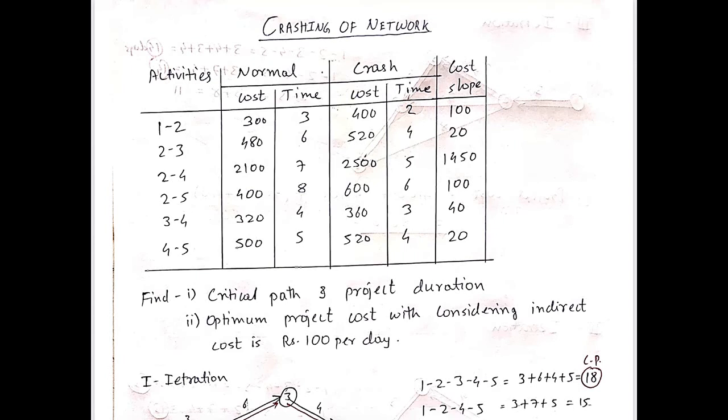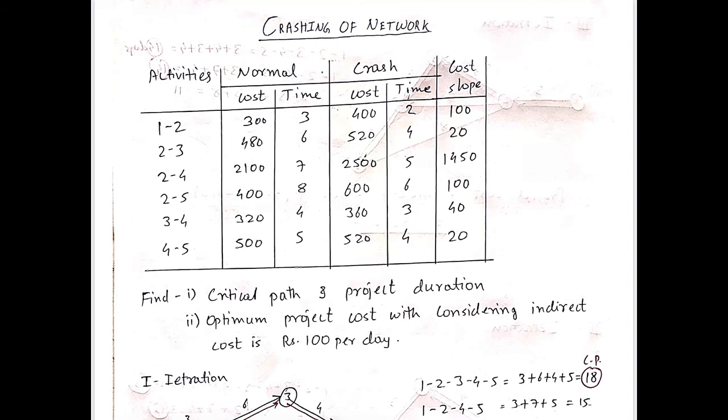In this video, we are discussing example number 2 on crashing of network. The example is given, activities are given, normal cost and time is given, and crash cost and crash time is given. As we know, the normal cost is less than the crash cost and normal time is greater than the crash time. We have to find the critical path and project duration,